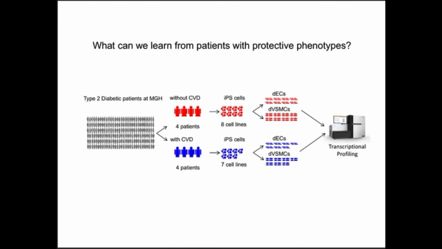So we took these two different populations and a control population, made iPS cells from them, and we didn't even get that many patients, mostly because it's really hard to identify, at least the way we did, as cleanly as we chose, patients with well-established diabetes but no CVD. So we really only found 6 in the patient database, and only 4 of them would sign up for our study. So we made iPS cells.